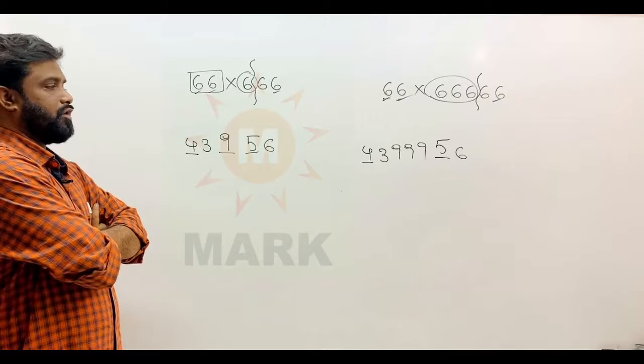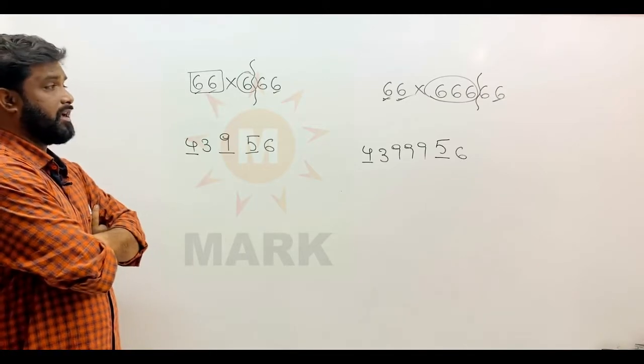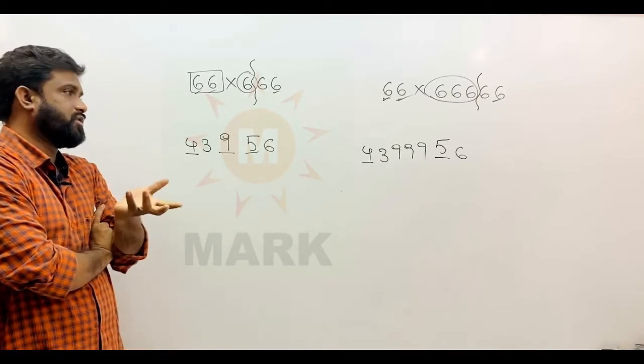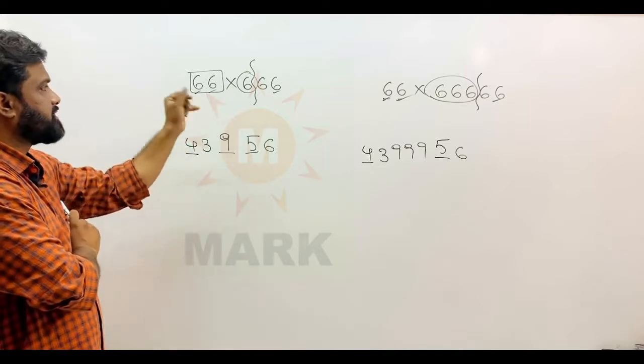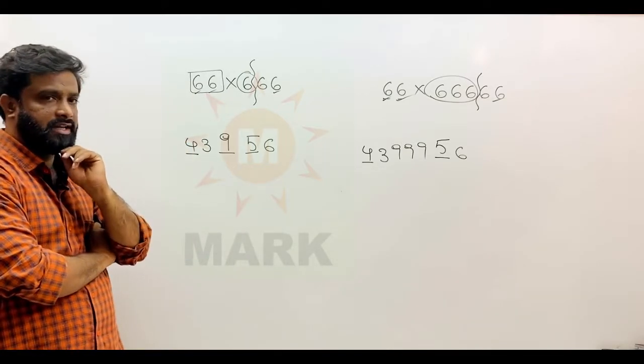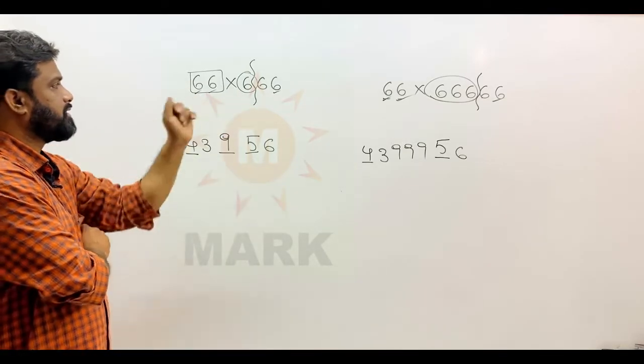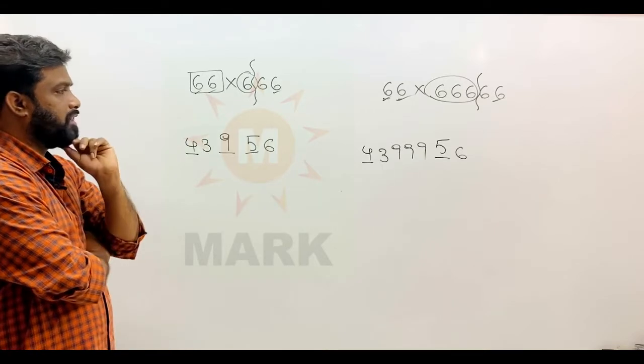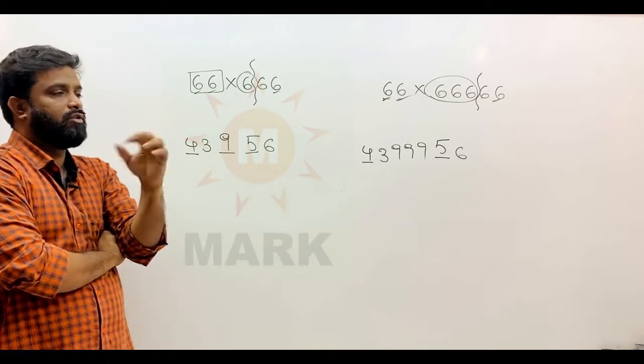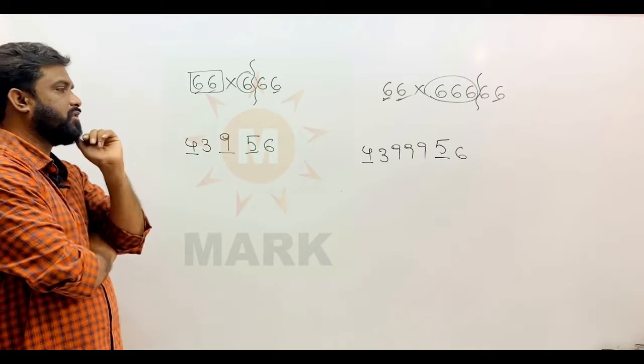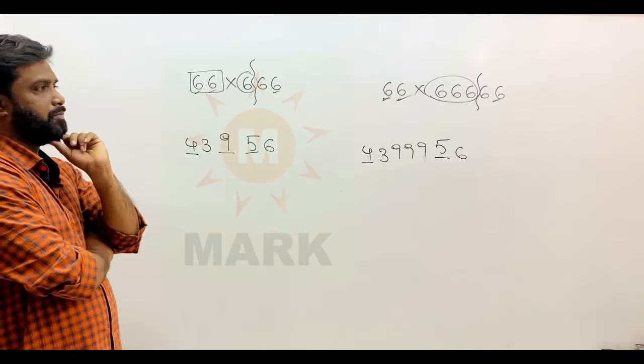Okay. So how many extra 6s you got? That means 9, 9, 9. So how many extra digits you have? First you have to take the minimum size number, and according to the minimum criteria, taking the equal number of digits on both sides we have to operate. So how many extra digits you find on the other number, that many 9s you have to insert in the middle. This is the process.